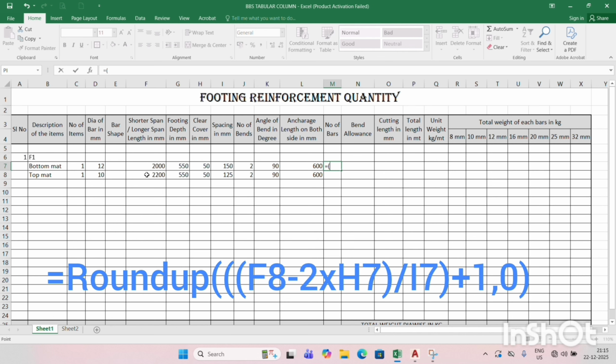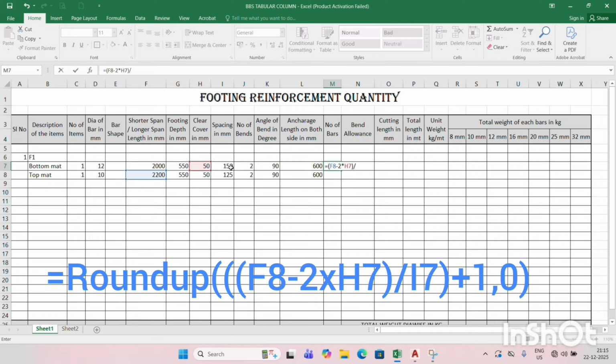Length will come for the longer span. This is the length minus 2 times of cover, 2 multiplied by this cover, and close this bracket